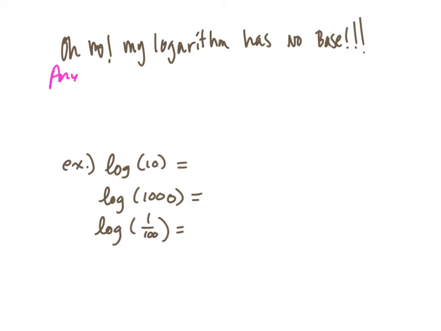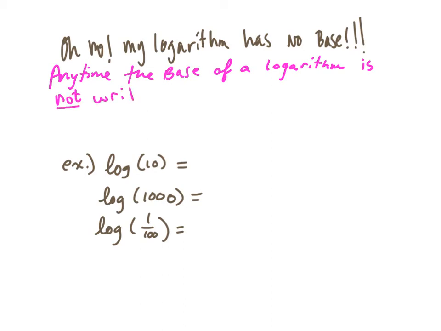So anytime, and I know the pen click, anytime the base, that little subscript of a logarithm, and I'm going to spell out logarithm, and I want you to try to do that too, just so you get in the habit of spelling it out, because it's kind of a funny word to write. Anytime the base of a logarithm is not written, not specifically identified, so it's missing, it is assumed